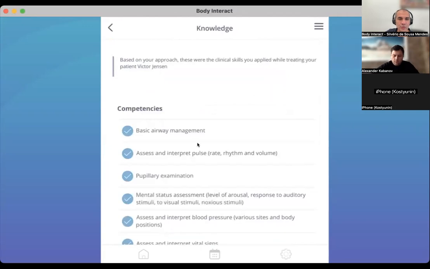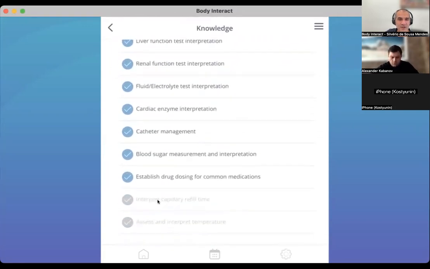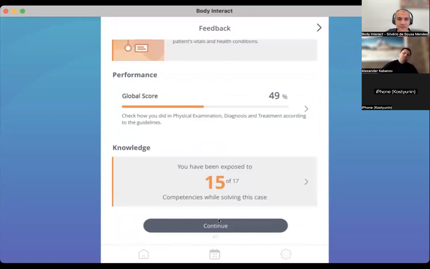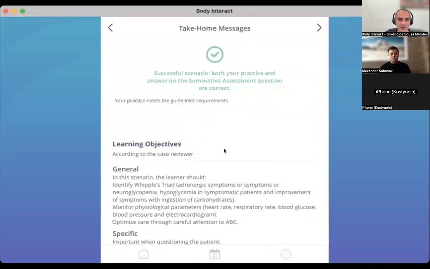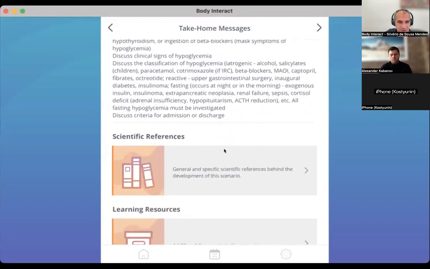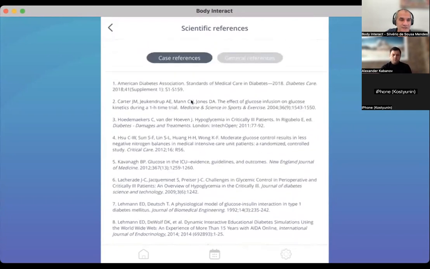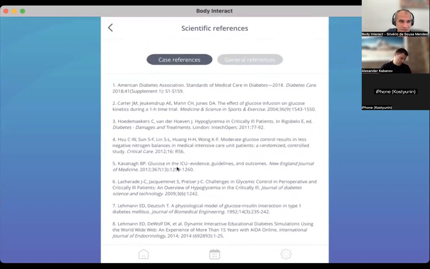You can also see what were the competencies that we have been working with the patient. We did not work the capillary fill time and the temperature, which were two competencies that we missed. And here you can also see the general learning objectives, specific learning objectives, and the scientific references. Here is the science that is behind this specific clinical scenario. And you can also check